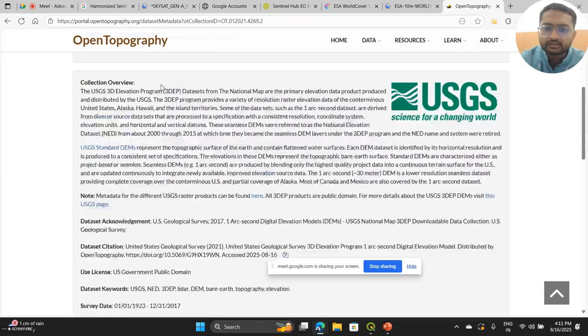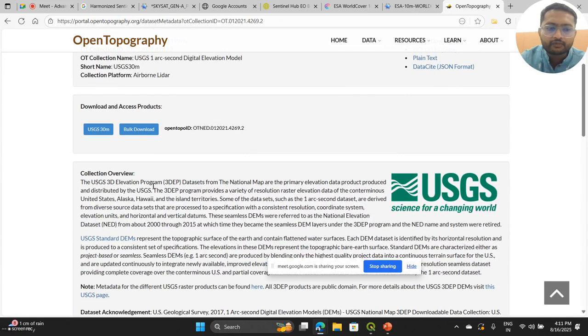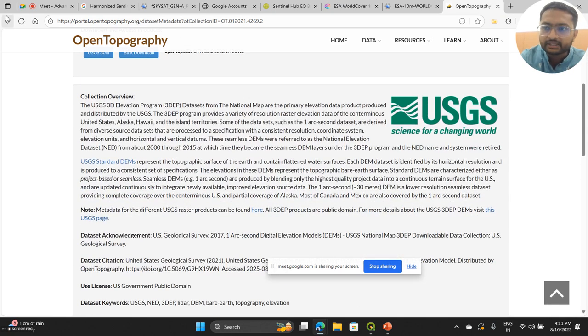And this is not the SRTM data. This is some of the advanced data at very high resolution, which they've created using LiDAR, and that also for the US region only, not for the entire world. So